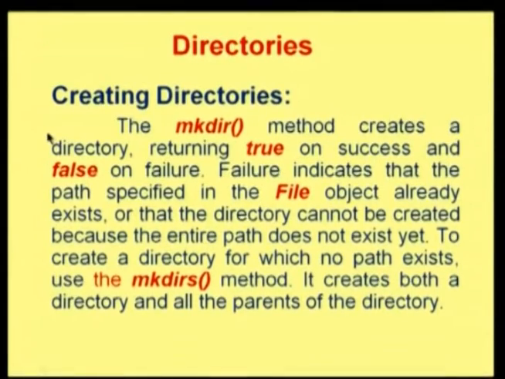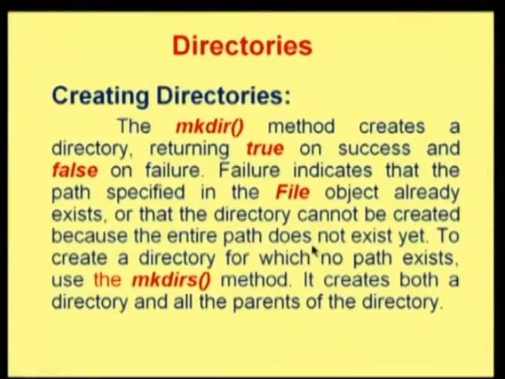For example, you are going to create a new directory. Whenever you create a new directory, that directory should not already be present in the particular path. If it is already present, then whenever you call this method mkdir, it will return false. It means that there is already a directory available with that particular name. In that case, whenever it is false, you can handle it. You know what exception mechanisms are; you can handle it by checking whether you could replace the name, or else you can give any other options in order to handle that particular type of exception.